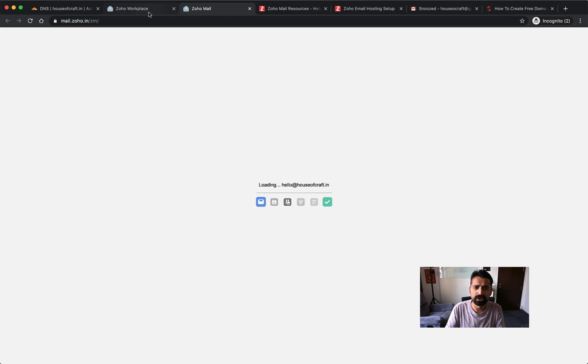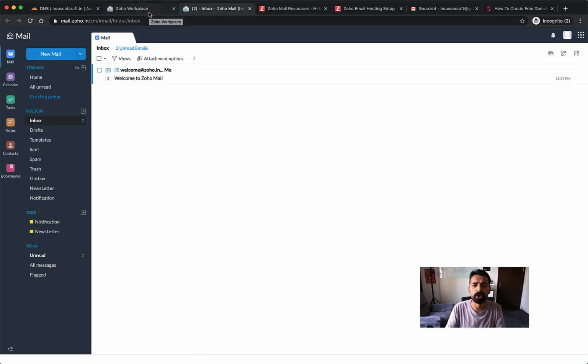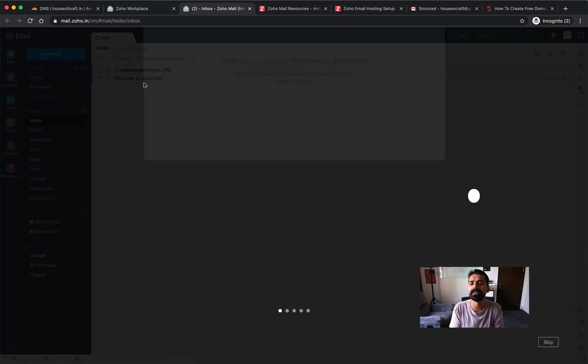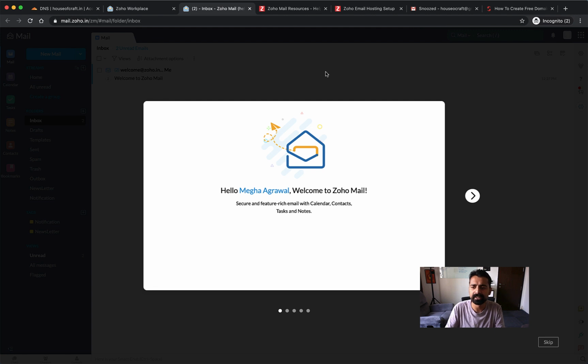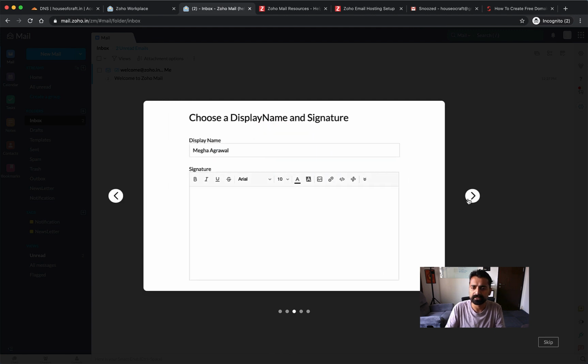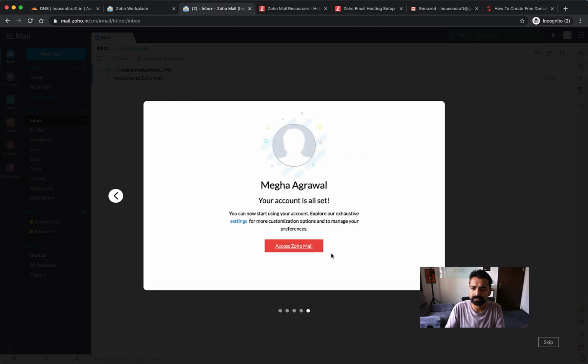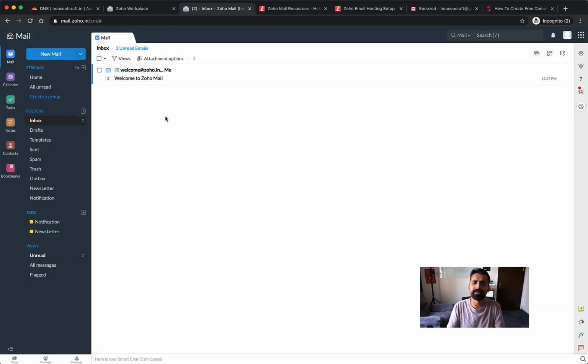And that's it. You can click on mail.zoho.in to log into your email, and you can see the email setup is already done. Now once the MX record has been propagated throughout the world, I will be able to send and receive email.